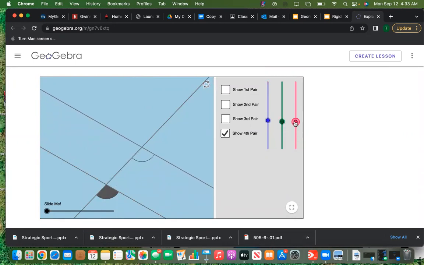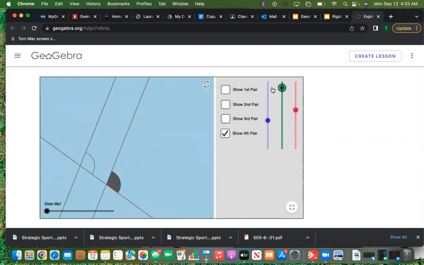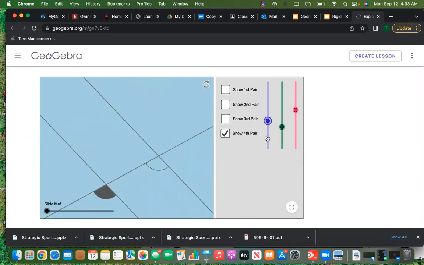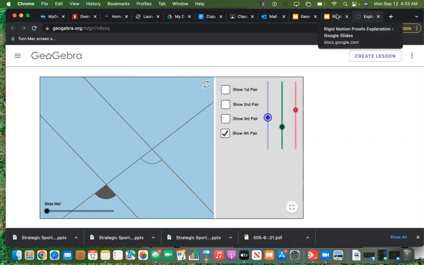All right. So this is moving it. So this is translating it. Okay. This is rotating it. And this is kind of like reflecting it, but kind of not. This is just kind of moving the angle. Okay. So